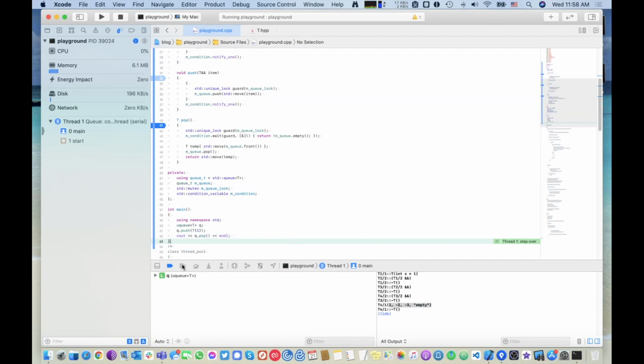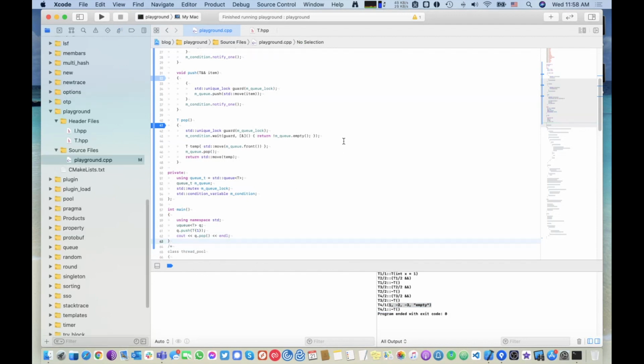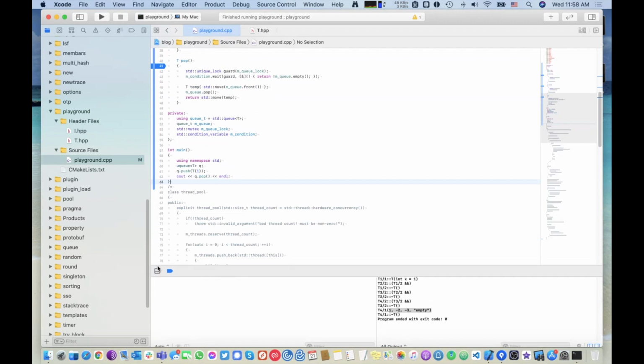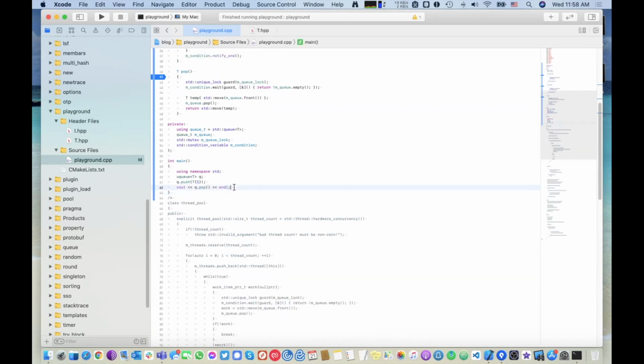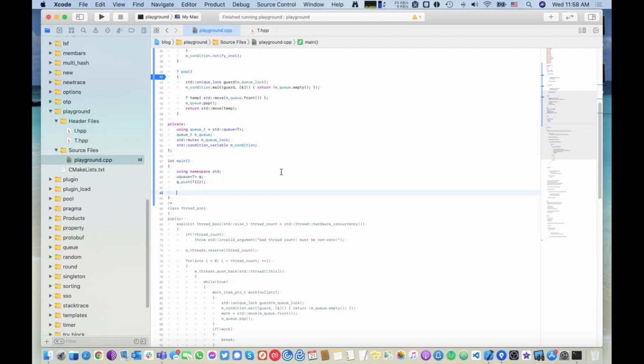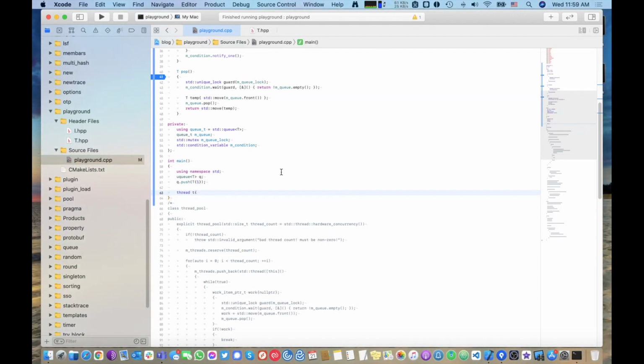Good. So now I want to test the case where there's a thread, and this thread is waiting, right? So the queue is empty, and the thread will be waiting. So let's see. Thread T, and we will initialize it with a lambda that will take something by reference, no arguments, and therefore I think I can skip this. So no arguments, just a lambda,